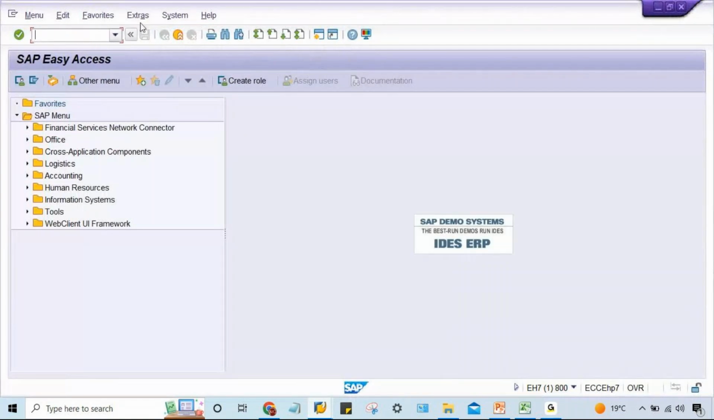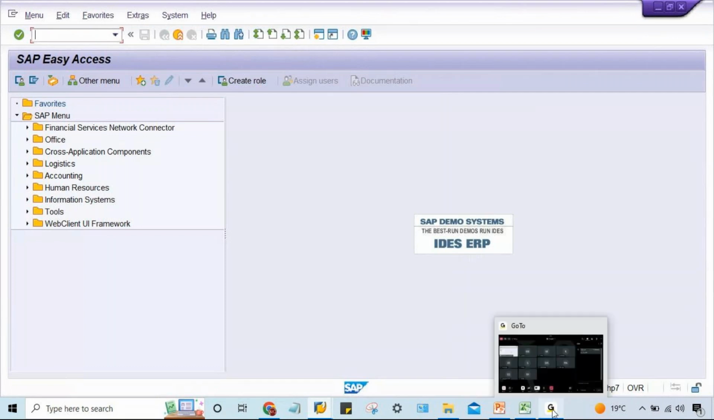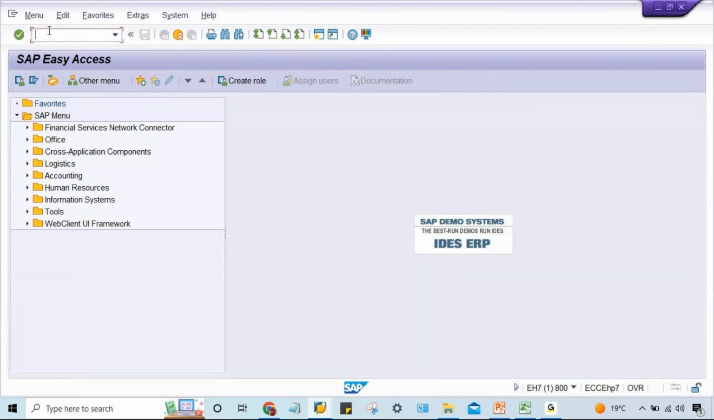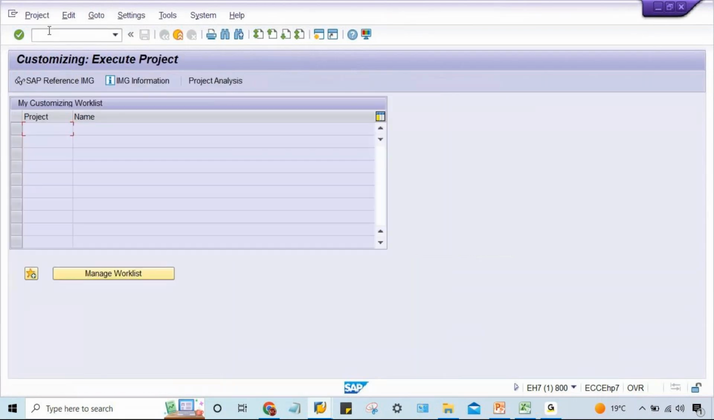Now, for TDS, for withholding tax configurations, what we have to do. The codes are very difficult to remember, guys. In the sense, we have to use SM30 and certain different difficult codes are there. So you just do one thing. We are going to use a path for TDS configurations. Use this path, reference IMG,